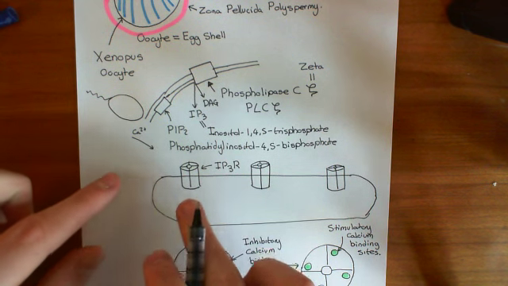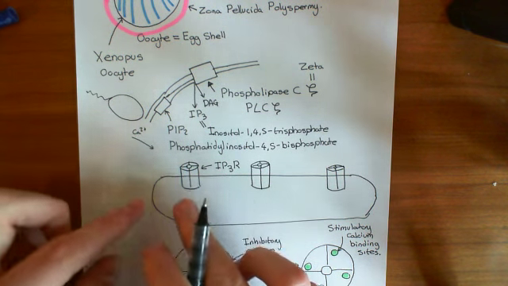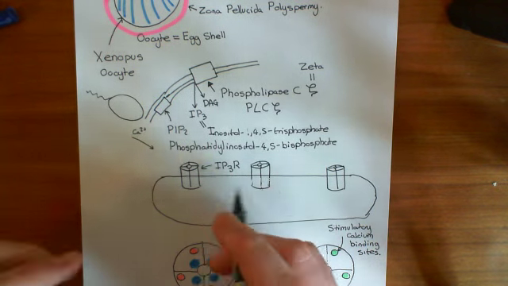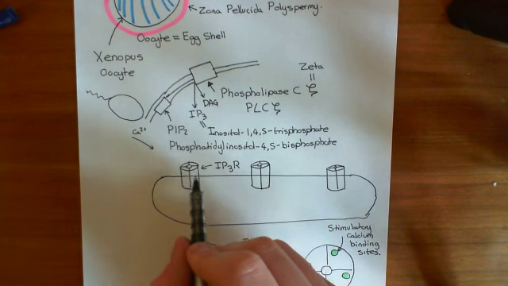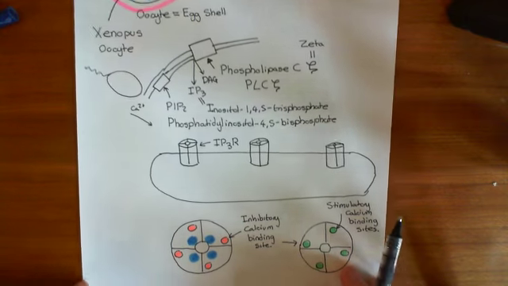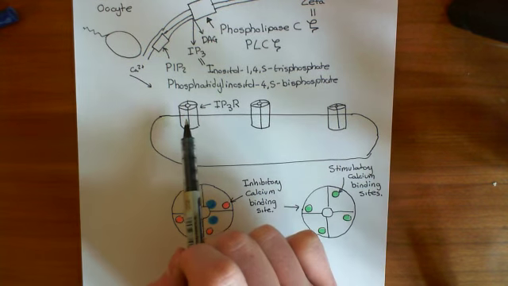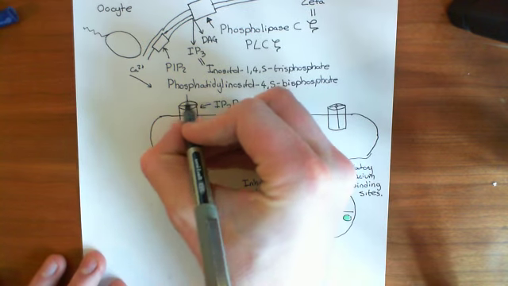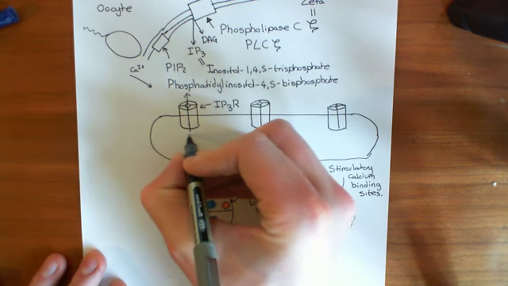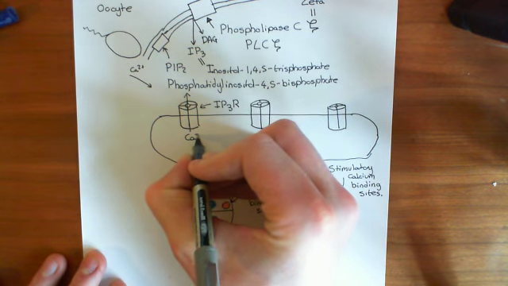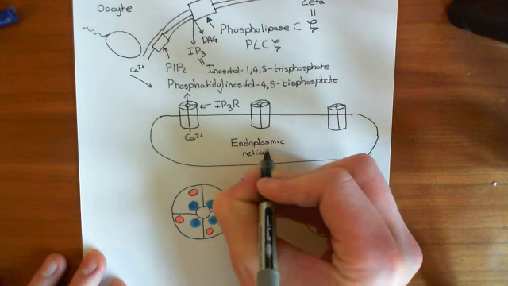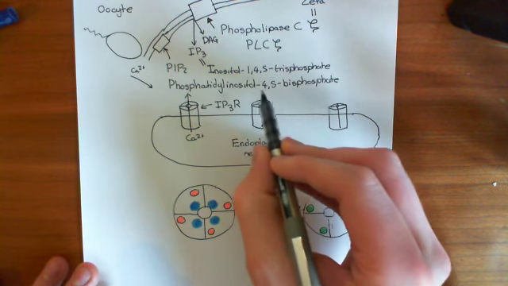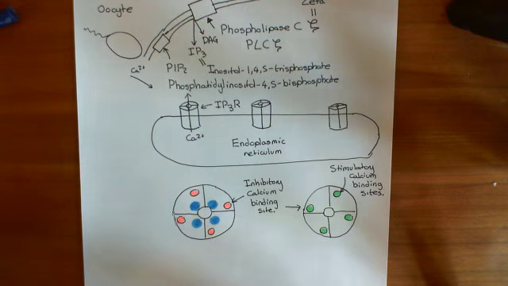That is going to activate this first IP3 receptor that is close to where the sperm touched. So that IP3 receptor was primed because it's got IP3 bound to all its IP3 binding sites. So it's got available these stimulatory calcium binding sites. Now what's going to happen is that IP3 receptor is going to open. That will allow calcium to leave that IP3 receptor. So it will go from the endoplasmic reticulum here, and it will go into the cytoplasm. So you're releasing calcium into the cytoplasm. Now what's going to happen basically is that you're going to get a chain reaction because this calcium is going to go and stimulate the next one along. And we'll continue this discussion in a